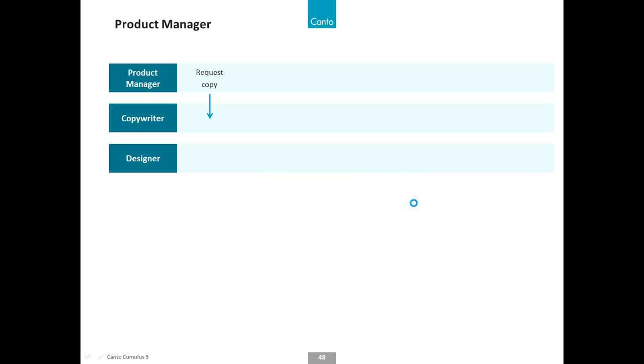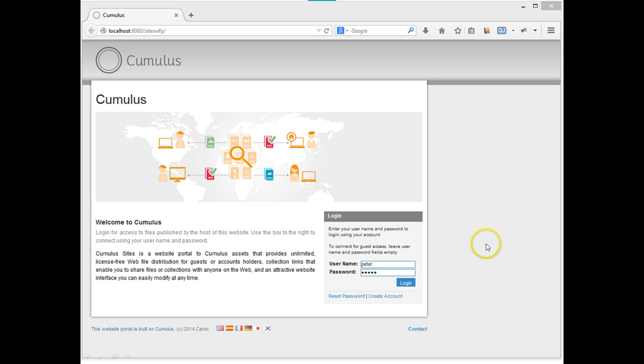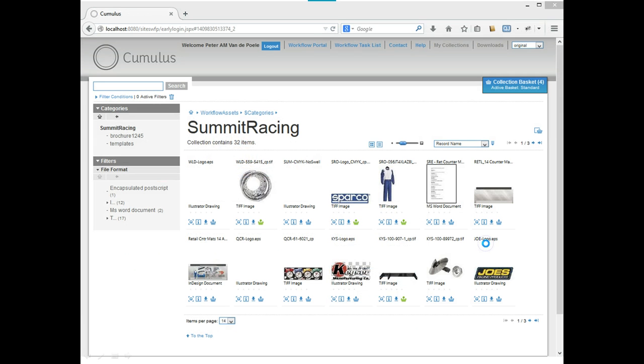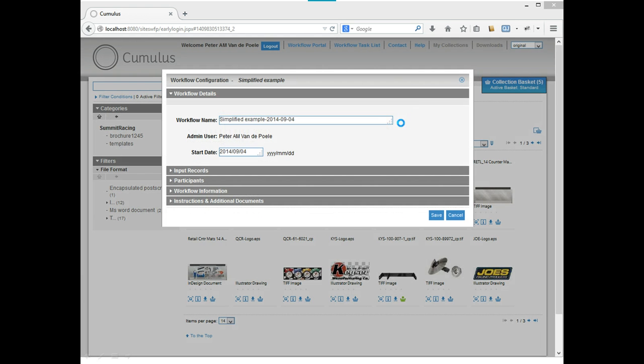And then when the product manager has to execute such a process, he simply goes to the Cumulus sites environment, logs into sites, looks for all the images or documents that he wants to use in this process and puts them in the collection basket, and then simply clicks on the workflow portal button at the top. This gives him either a list of workflows that he or she can start,